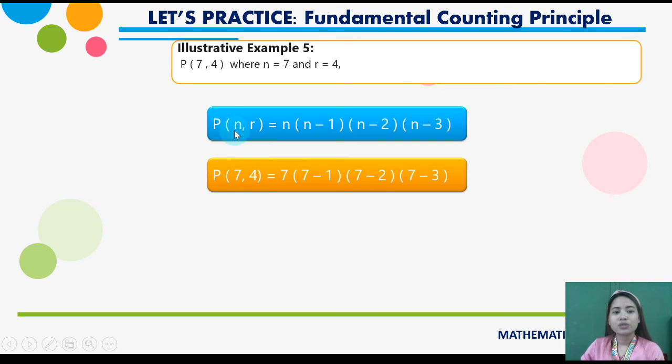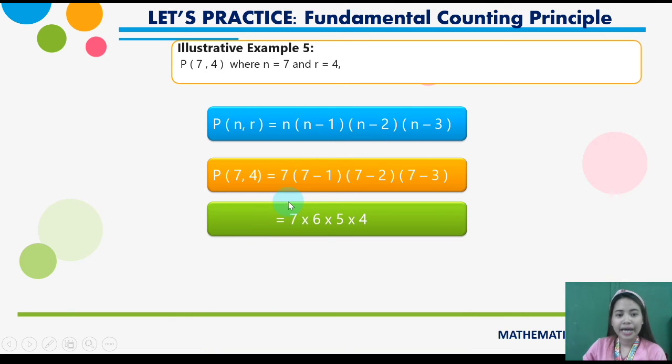substitution method. So when n is 7, therefore we need to replace n as 7, then r as 4, so it equals 7. So the solution will be like this. Okay, so we need to substitute the numbers for the given formulas. Then we have